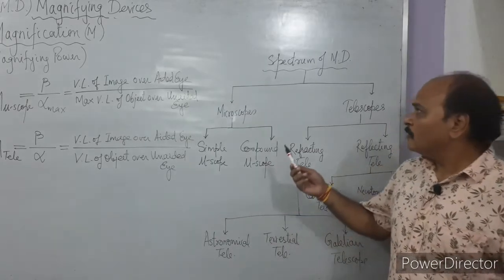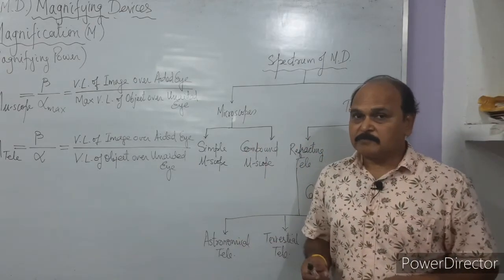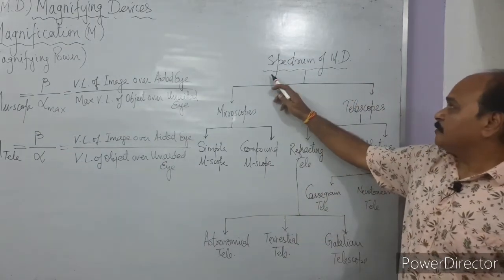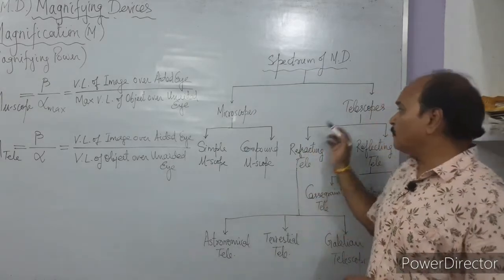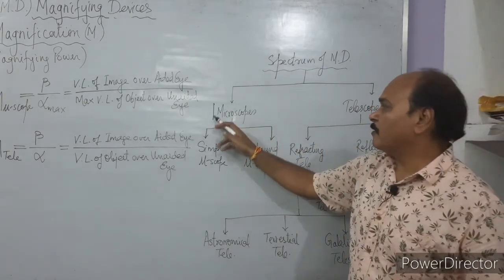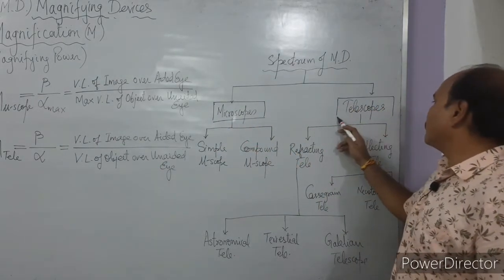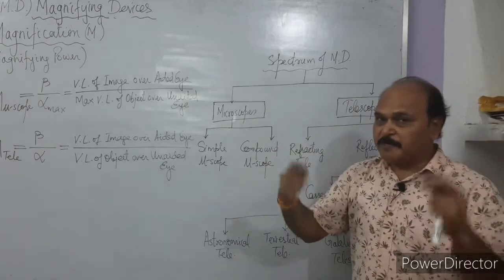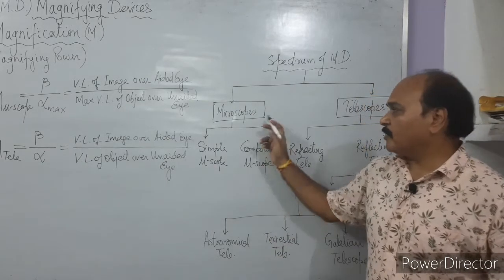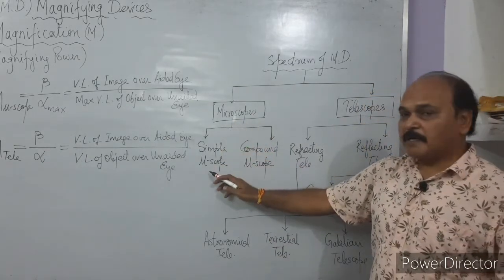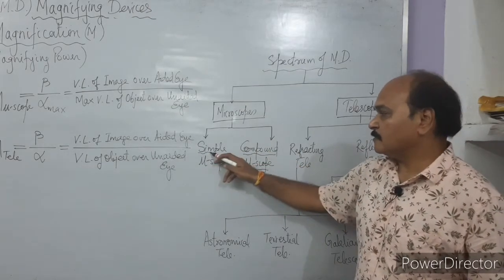Children, let us know all possible magnifying devices which we have right now. Well, this is the spectrum of magnifying devices. So all magnifying devices are of two types. Either they are what? Microscope, or they are what? Telescopes. Microscopes, we know, help us see nearby objects bigger, and telescopes help us see distant objects bigger. Well, the microscopes are of two types. Simple microscope and compound microscope.